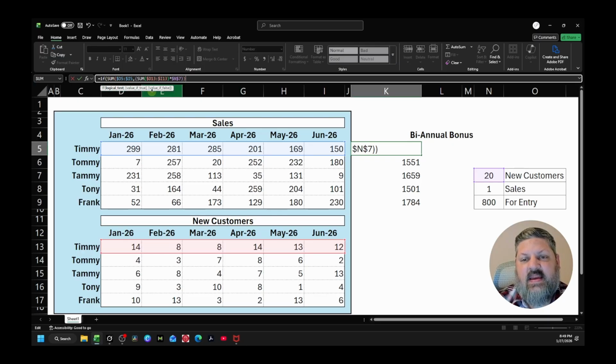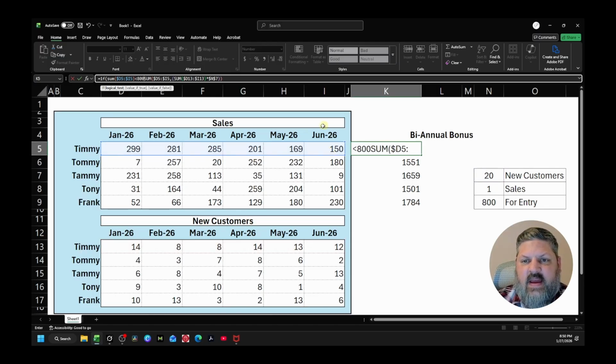So we can say if the sum, open parenthesis, of this, and let's lock in our columns, close the parenthesis. If the sum of that range is less than 800,